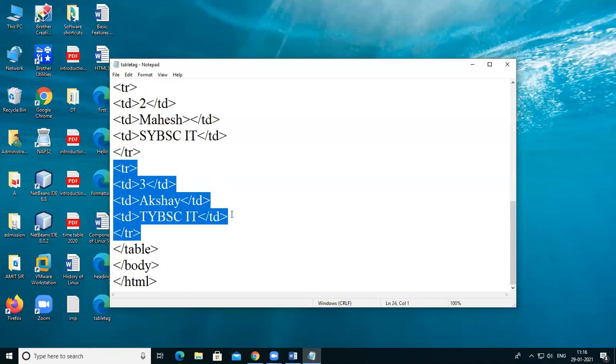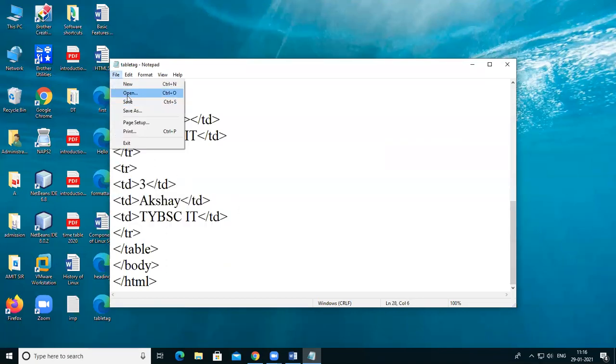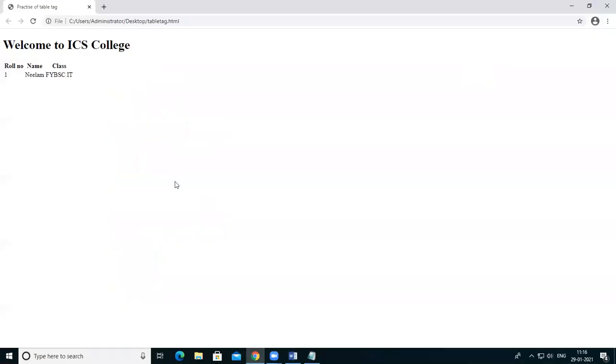See this third row is created here. Just save this program and refresh the browser. See this table is created.